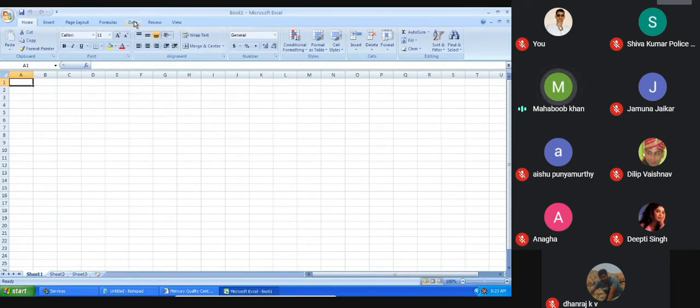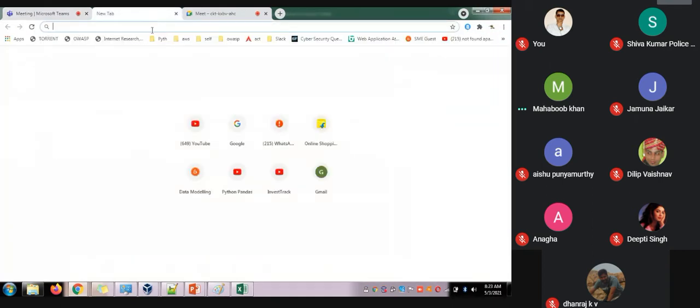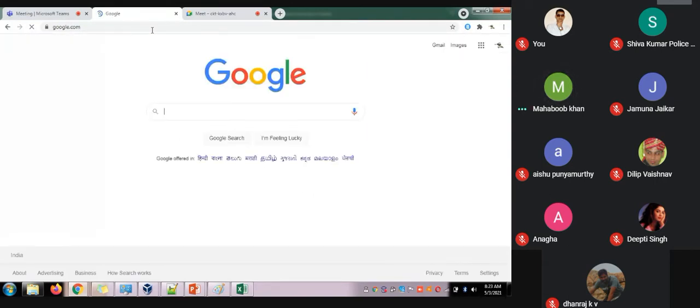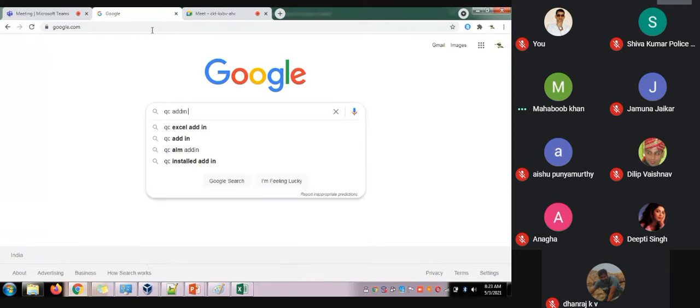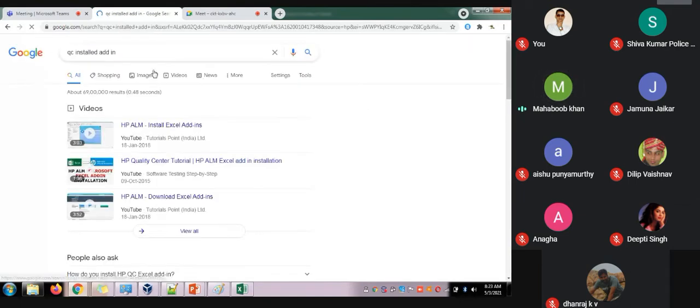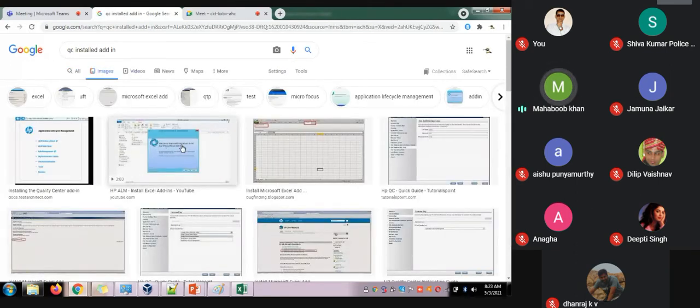Like this data, there will be an add-in. By clicking the add-in, you can check. When you see the QC add-in, this is a QC add-in. When you click here, each and every option will be there.